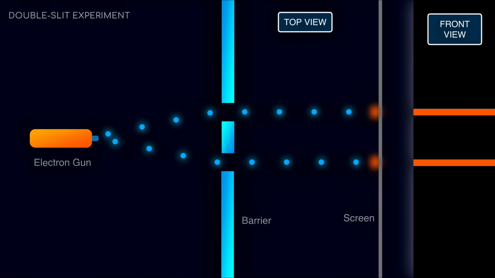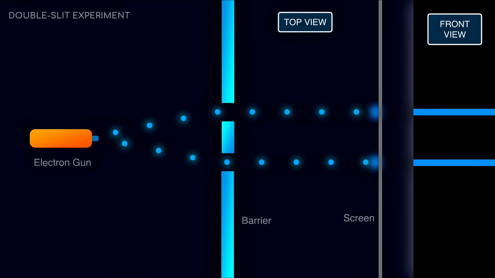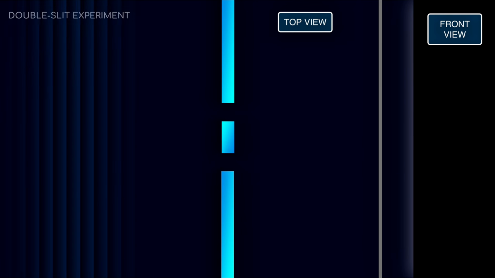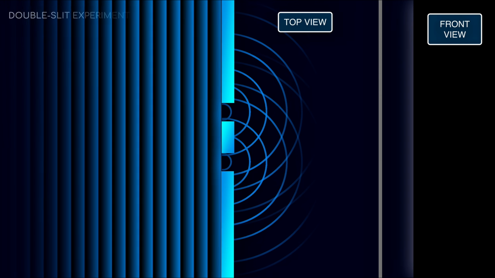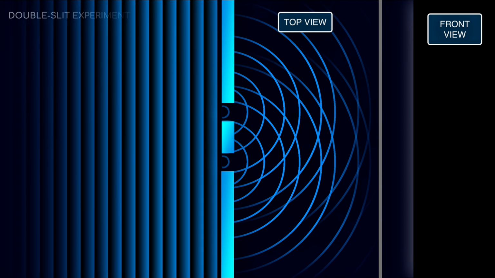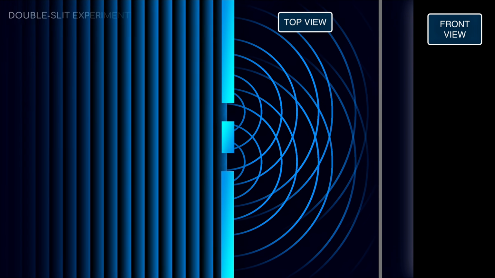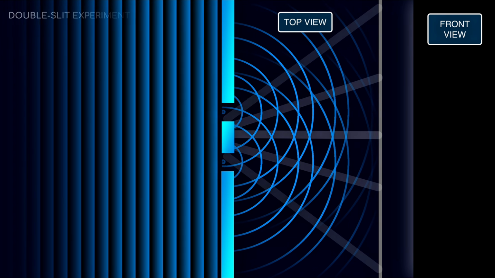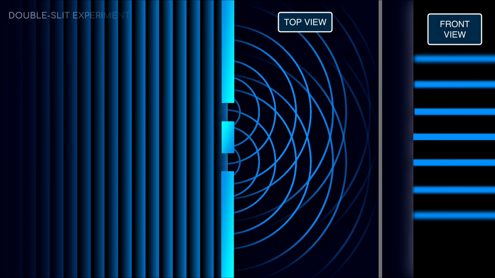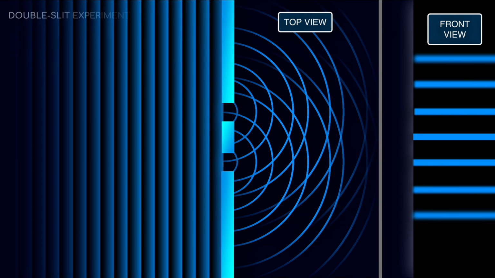If electrons were purely particles, we would expect a pattern similar to that of the balls. However, the results are unusual. When the wave passes through both slits, it's essentially splitting into two new waves. These two waves then interfere with each other. At some points, they cancel each other out, and at others, where peak meets peak, they reinforce each other. If we mark the locations on the screen, we observe a series of interference stripes at specific intervals.